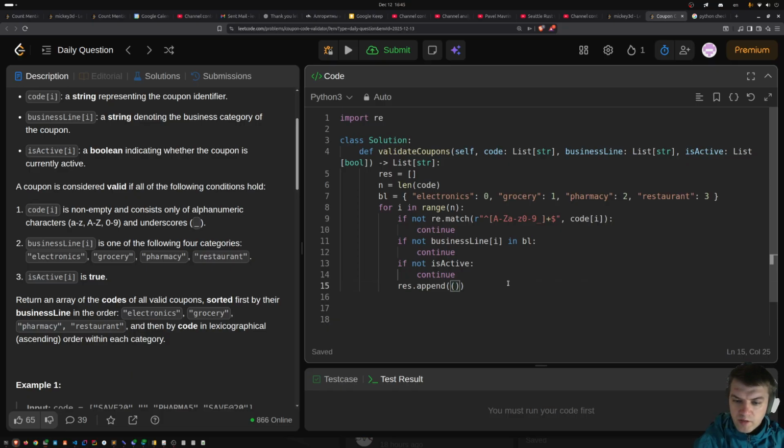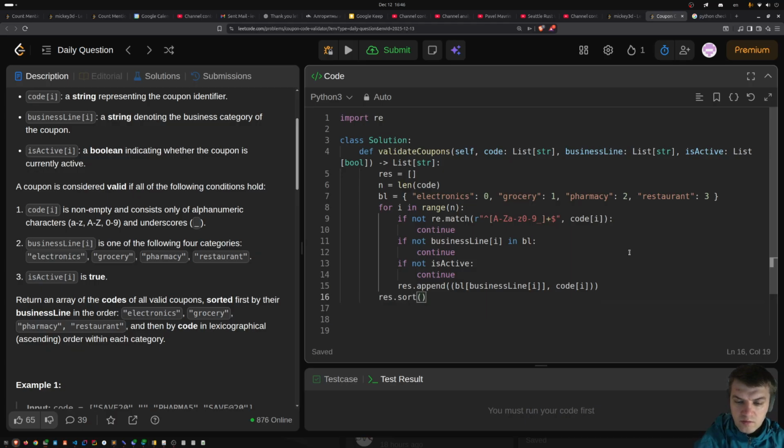So I wanna have BL and then business line i, and then I wanna have this code i, and then code i, and then I need to return an array of codes. So I'll have this